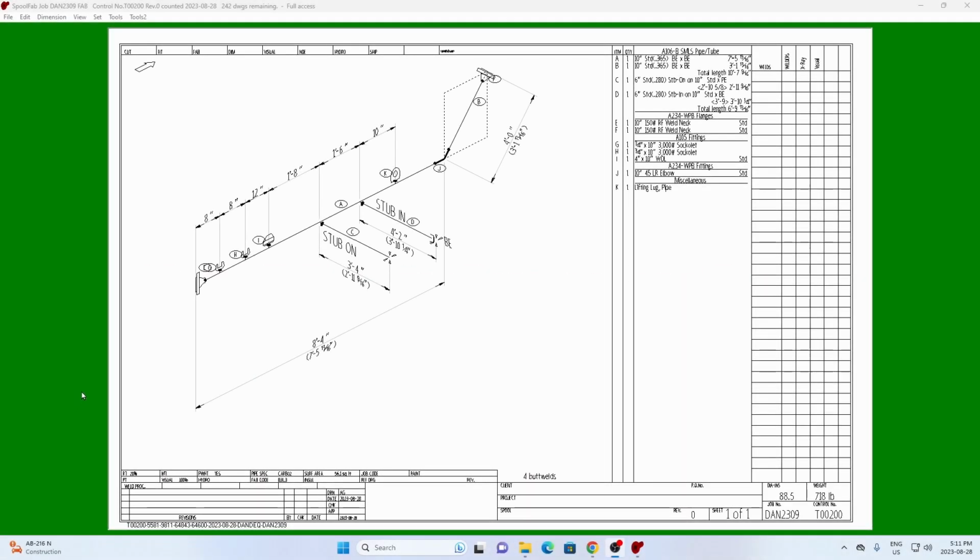Hi, this is John. I'm going to demonstrate how you can create a PCD file to use with ProCAM or PypeServer so that you can use your automatic profiler to cut the various pieces of pipe you need for a spool. This spool has a 10-inch header, item A, which has two sockolets, a weldolet, a stub-on nozzle, a stub-in